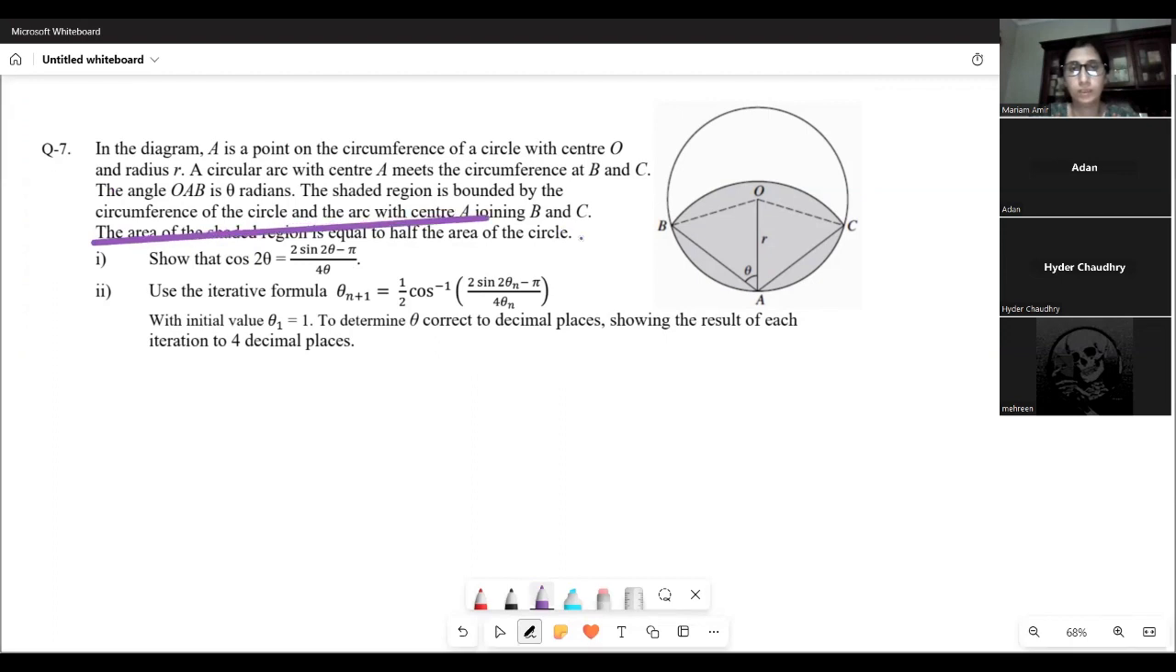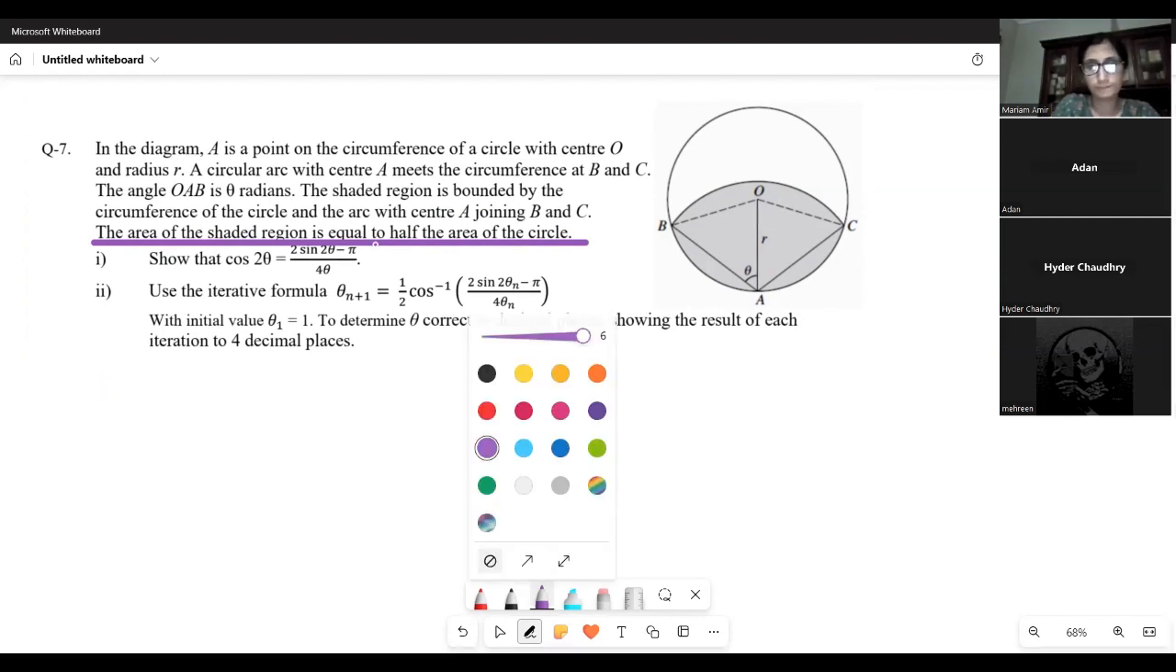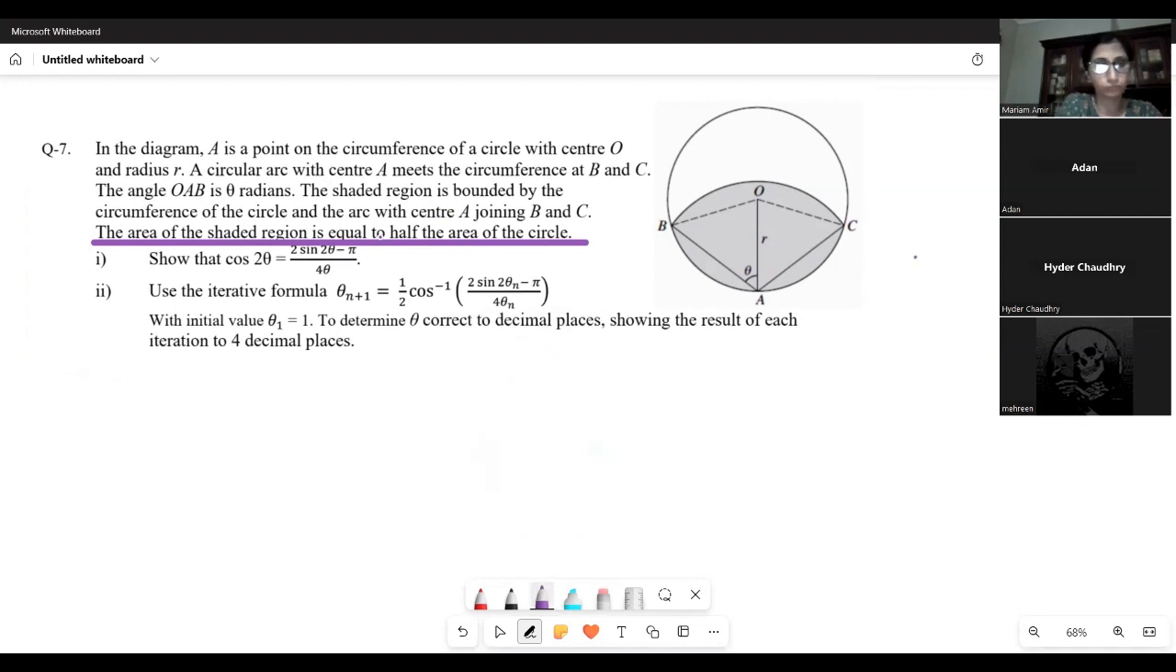So you start from here, that the area of the shaded region is equal to half the area of the circle. So half of the area of the circle would be pi r square upon 2, equals the area of the shaded region. Now, how do we find the area of the shaded region? We will use this sector